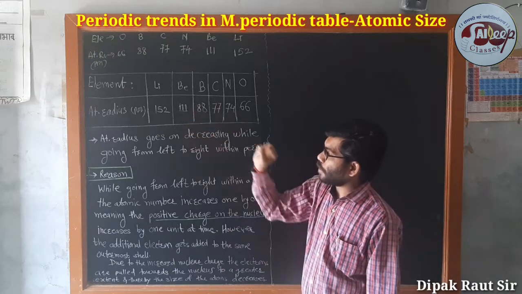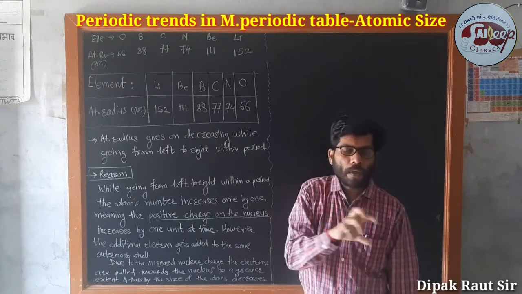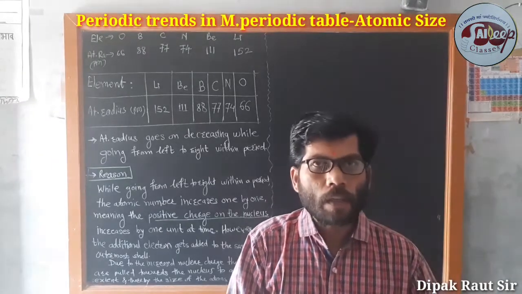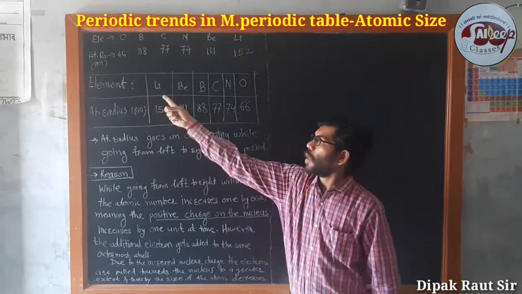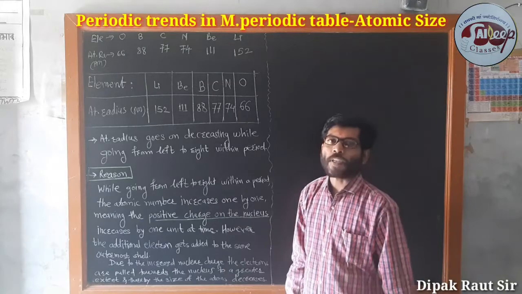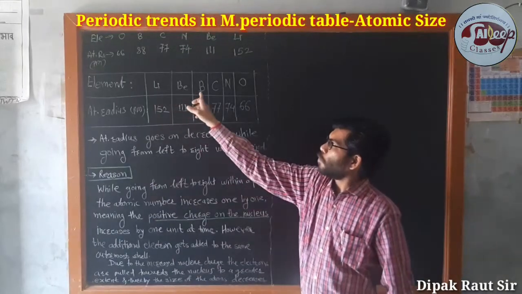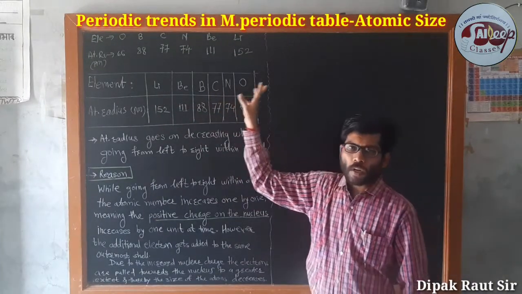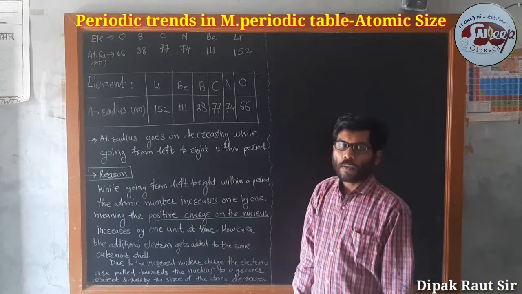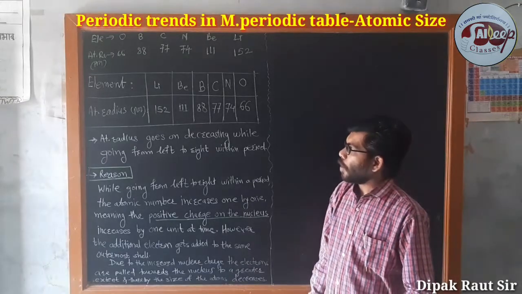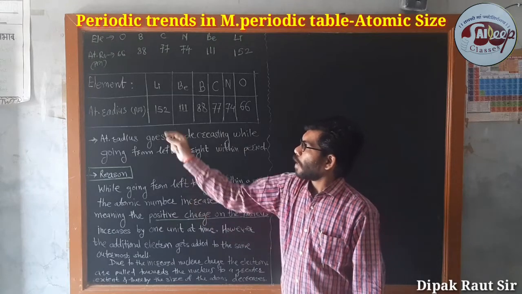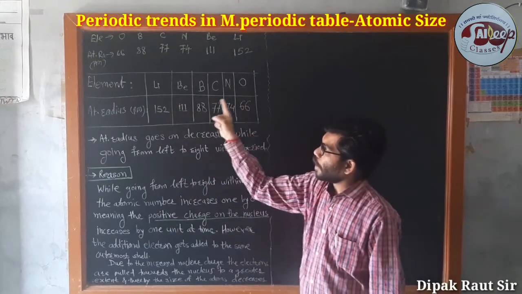When we observe this, then we remember the modern periodic table. And when we remember the modern periodic table, then all these are examples of the second period. Yes or no? Second period: lithium, beryllium, boron, carbon, nitrogen, oxygen. All are examples of the second period, orderly. Then, when we observe these examples, we conclude that according to period,